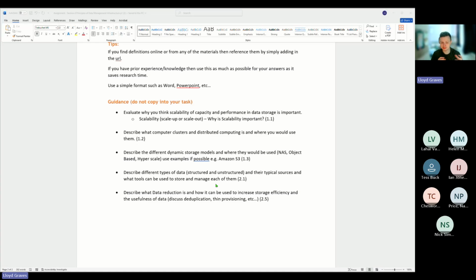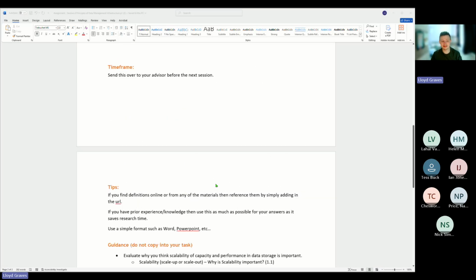So to meet this one, talk about the structured and unstructured data, what are the differences between them, and then you can talk about where they each might come from and what tool you might use to work with it, if that makes sense. So that'll cover that criteria. And then the last one for this part one is